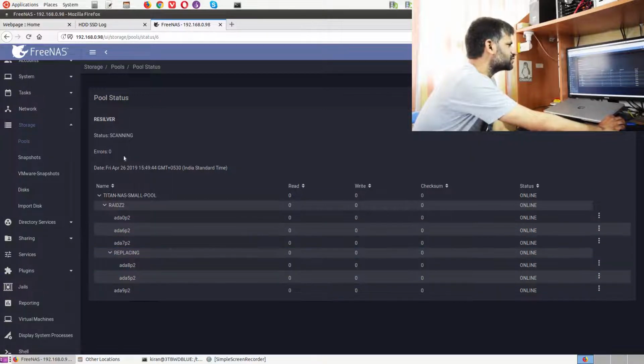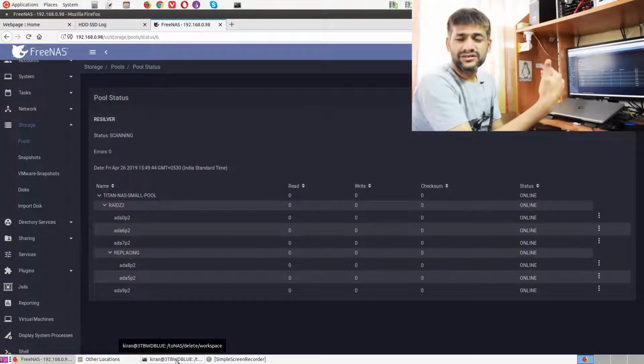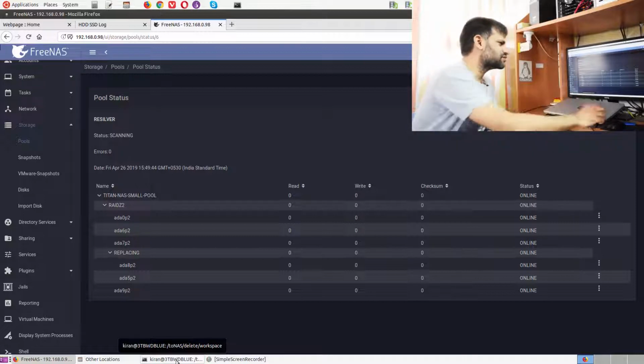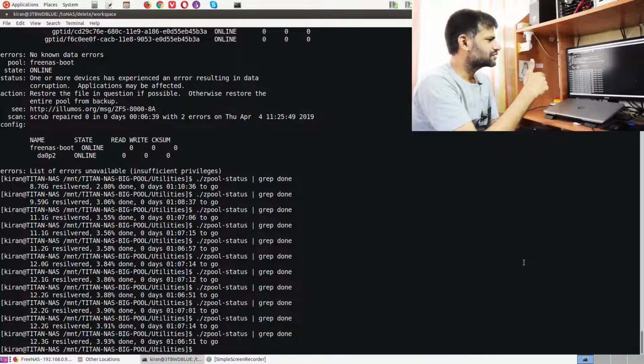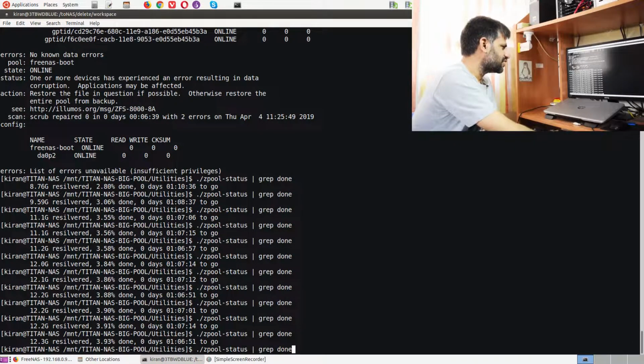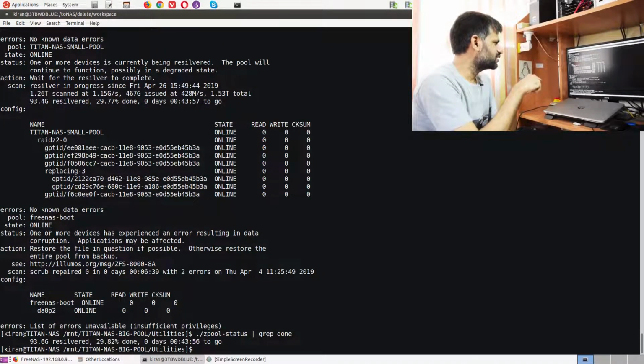So it is currently doing it, and it is doing this resilvering, which is when I thought, let me do this video record. Maybe you may find it quite useful. Okay, so you can see here I can check the status with this script. I can remove this, and it is going to show the entire stuff, and if I do this grep, it is showing currently it is around